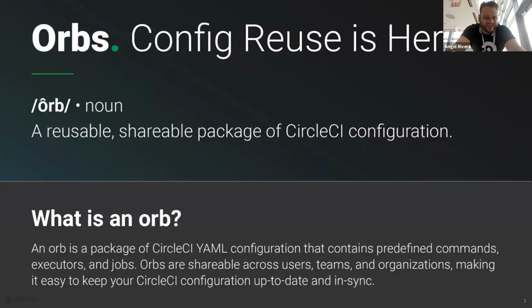Everyone knows how conferences are, so I had to rig up a phone, and we're doing this off of a tethered